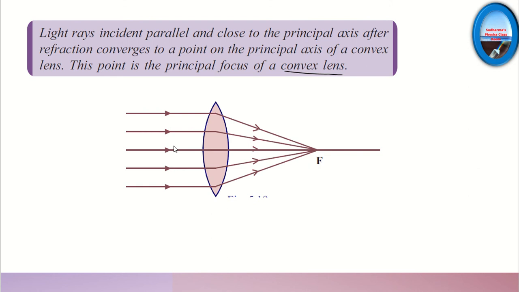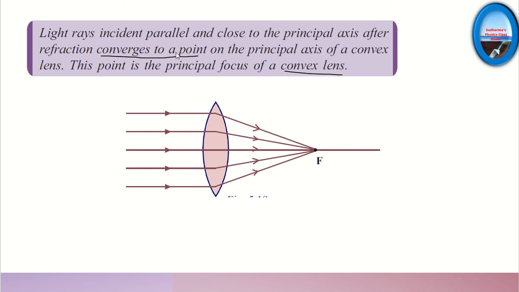If you have a beam of light which is parallel to the principal axis, already we have seen what a principal axis is, right? So we have rays of light coming parallel to the principal axis. After refraction from the convex lens, definitely refraction takes place. Because of the convex shape of the lens, the rays will be merging. The rays will be coming towards the focus. It passes through the focus, a point on the principal axis. It will be converging. Very important. It converges to a point.